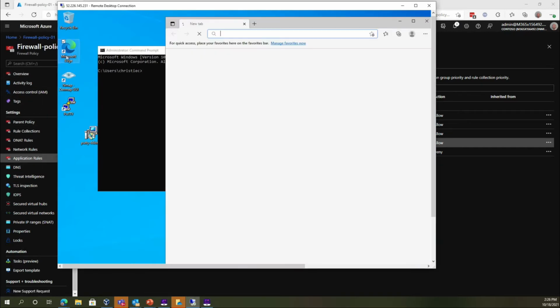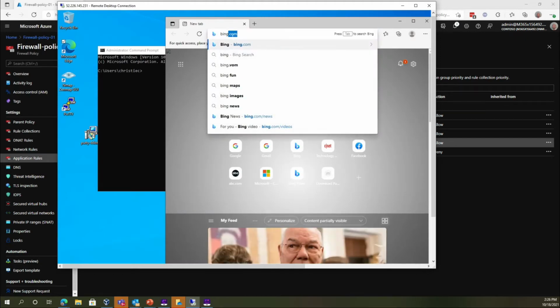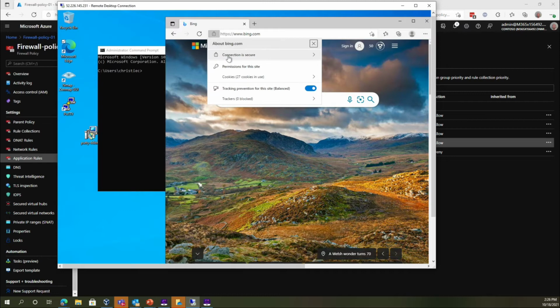So let's go ahead and go to a couple of sites. So I'm going to go to, like I mentioned, search engines. I'll go to bing.com. As you can see here, it's a secure site. I'm still getting to go to bing.com. But if I click here on this padlock and drill into it, it says connection is secure. When I click on it, and then I click on the more details for the certificate,